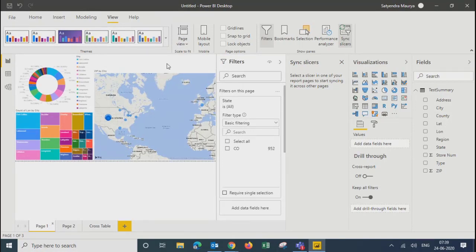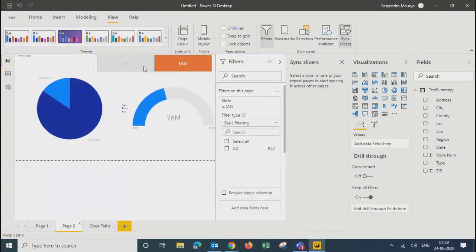Over here, because I made that hidden, the slicer doesn't appear on page number 1. Though we created it here, it will not appear. The reason being it is hidden now. It will appear only on page number 2. You're getting how to customize this slicer, right?